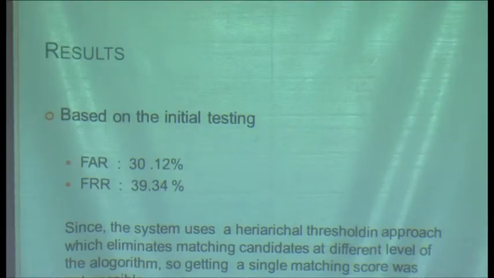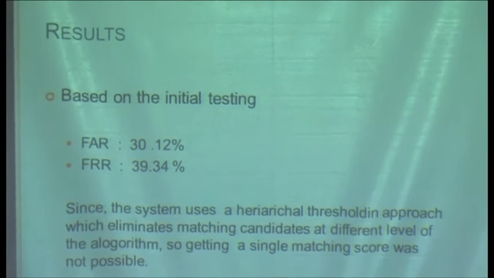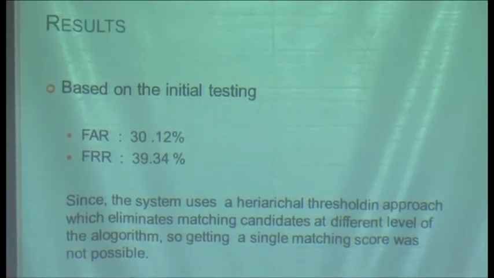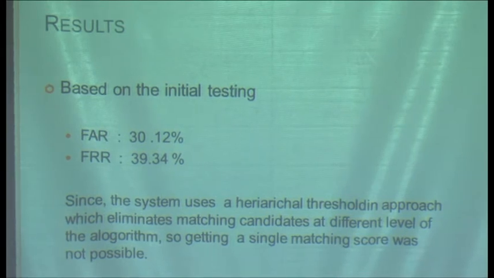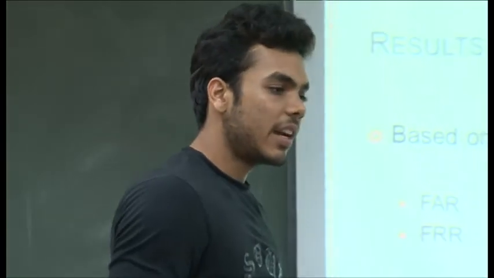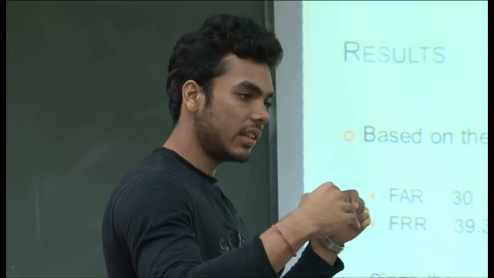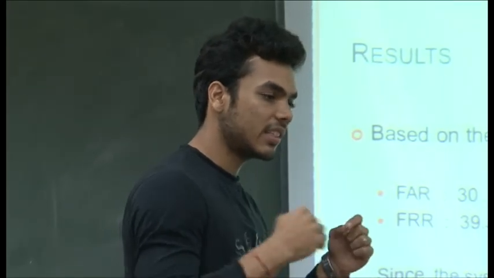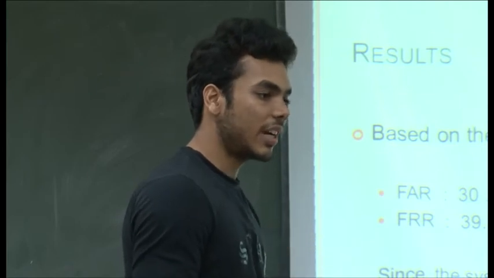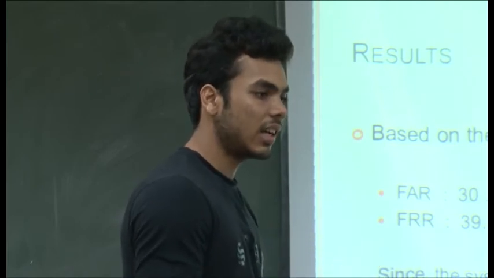The current FAR and FIR rate that I am achieving is quite high because the system uses a lot of threshold values, and I am not able to get the optimal values. The script that we have to generate the CRC, the ERR and CRR requires a similarity parameter. Since the system filters out the matching at various levels, getting a uniform similarity score for a single threshold value is very difficult. So that approach of calculating ERR was ruled out.